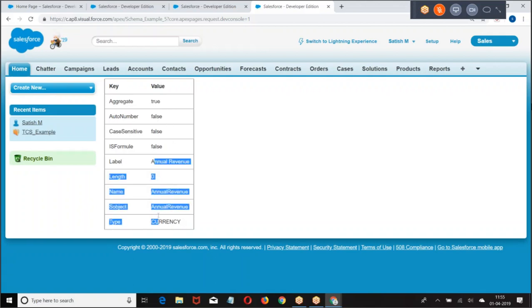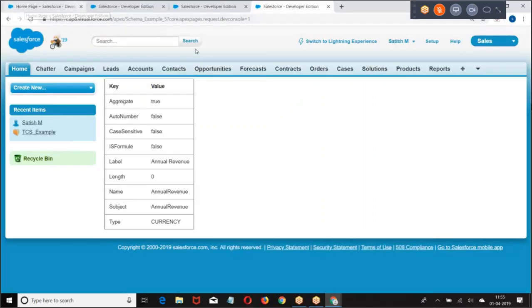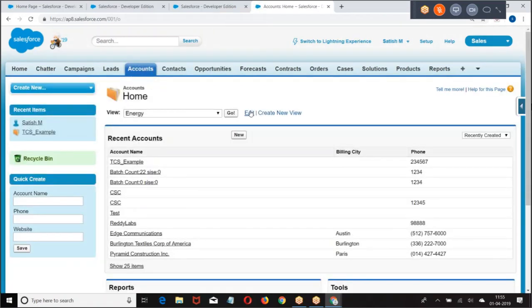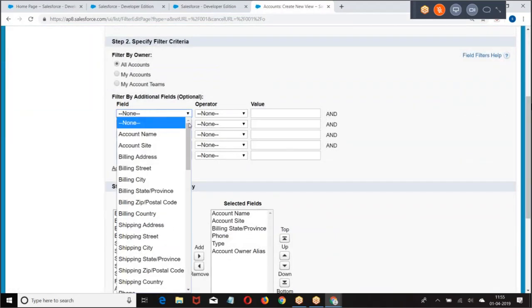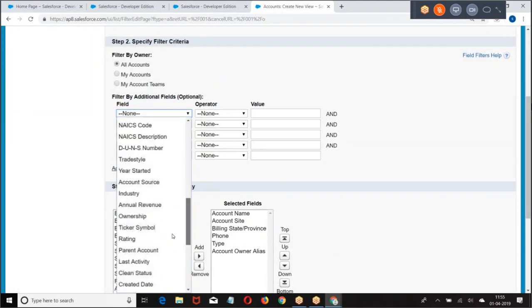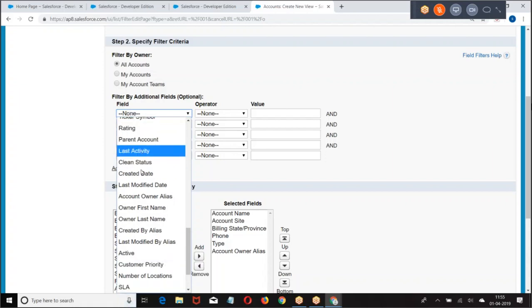Now what was this? Properties of a field. Now I want to give you a quick example. Look at the point here. Any object you click on the top, you are finding create. Here, how are you getting these fields? When you click on the account tab, you are getting the account fields, right? How are you getting these fields?